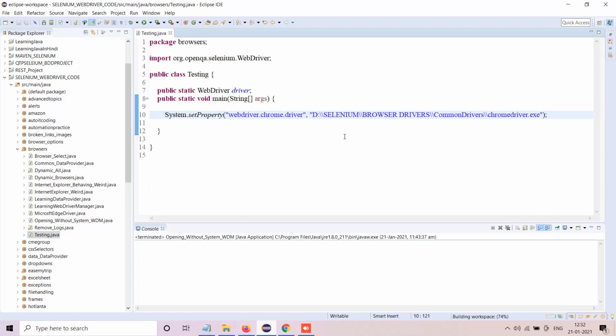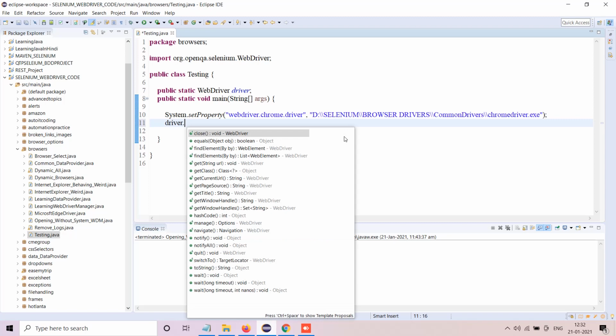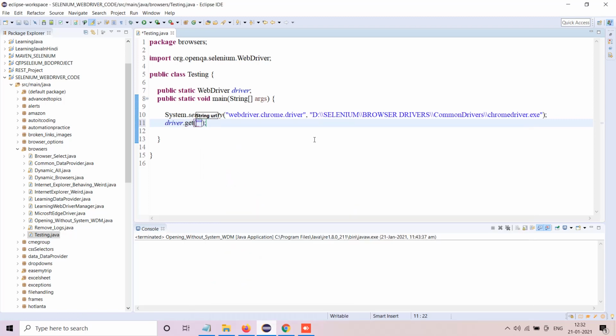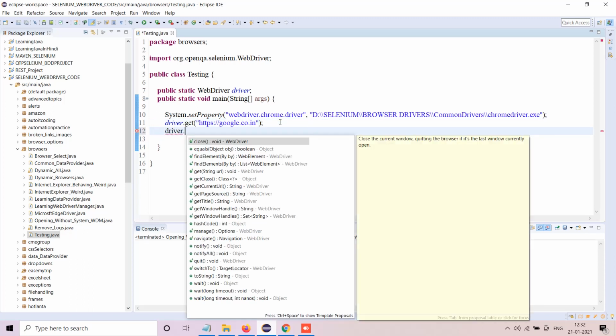Okay, and then I used to give driver.get, and let me open Google for that matter. Then this used to open the Google website in our Chrome.